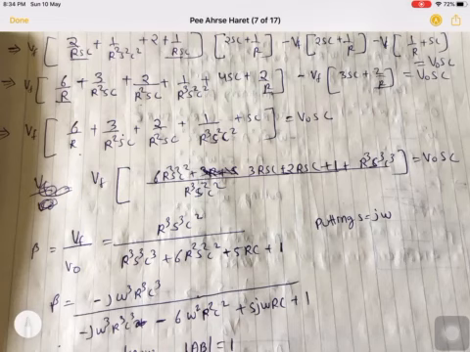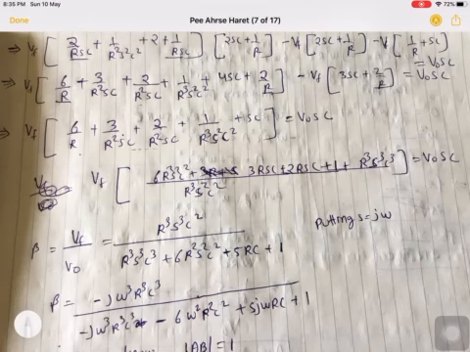Now again taking VF common from both these terms. So VF times 6 by R plus 3 R square SC plus 2 R square SC, 1 upon R cube S square C square. This 2 by R and this 2 by R, these are negative, so it will be cancelled. This 2 by R will be cancelled with this 2 by R, and 4SC minus 3SC will become SC equals VOSC. So now I'll take the ratio.